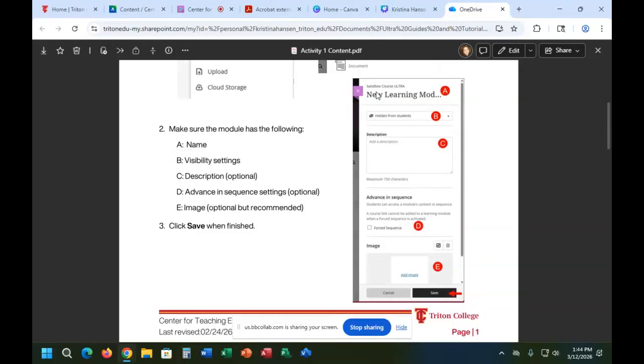7 a.m. Monday morning. Even if you set the date of availability, if you keep the hidden from students there, even though Blackboard is being told to release the information, unless you have the visible to students, it's not going to. Okay. Yeah, so that's when you would select the release conditions, but then you want to make it visible